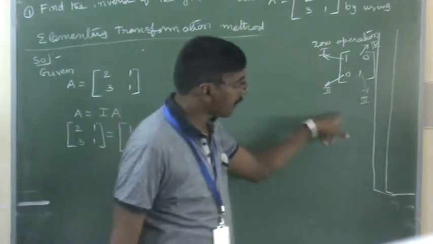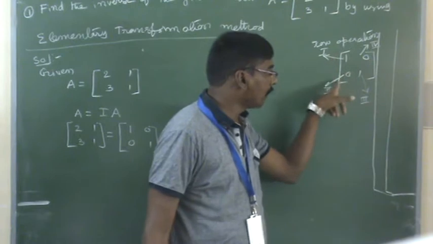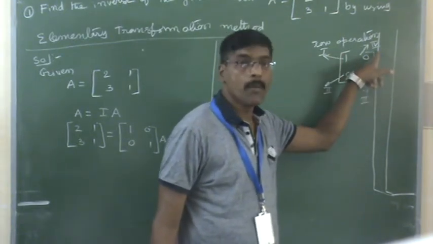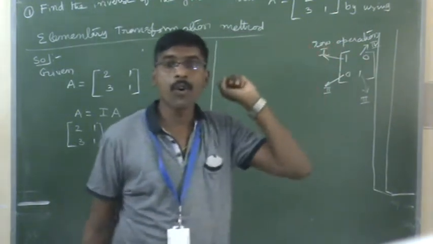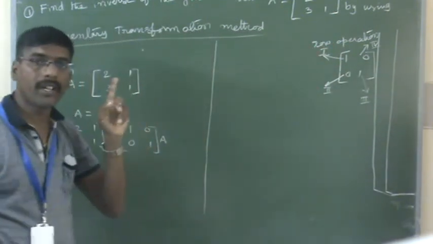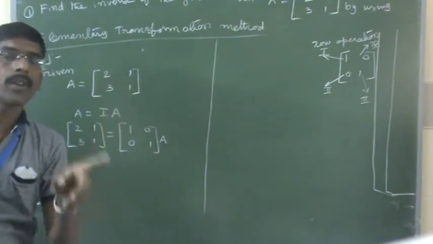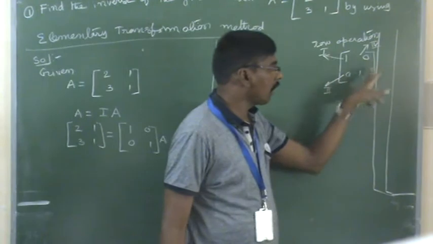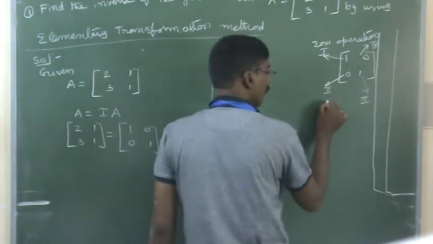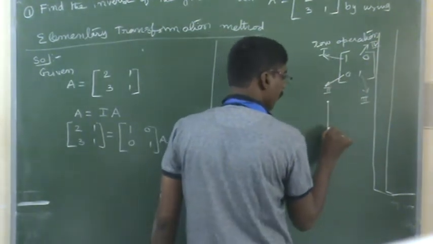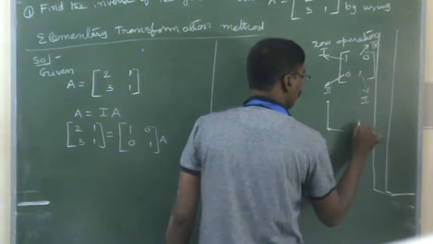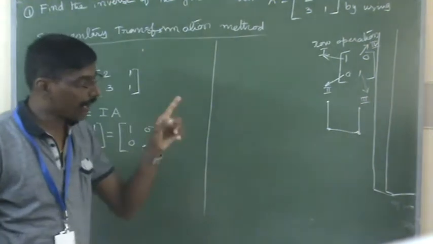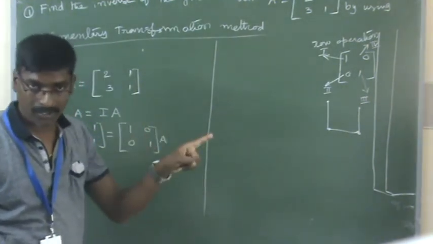You can go with the same model only, like the U model. In the case of row operation, you can approach only in the U model. That is first, second, third, fourth step. U model, you get it. At that time only you can get the answer properly, otherwise you will not get the answer properly.